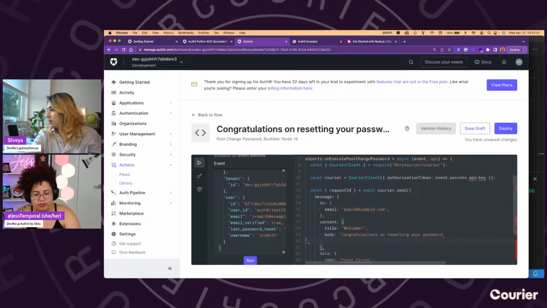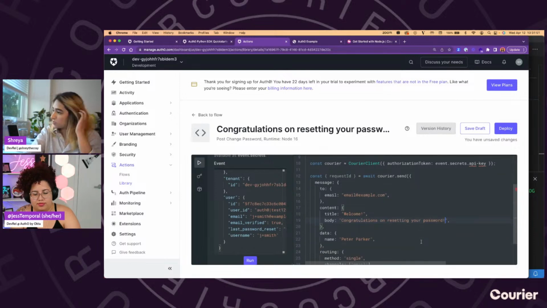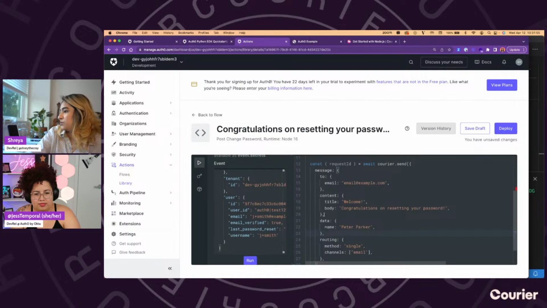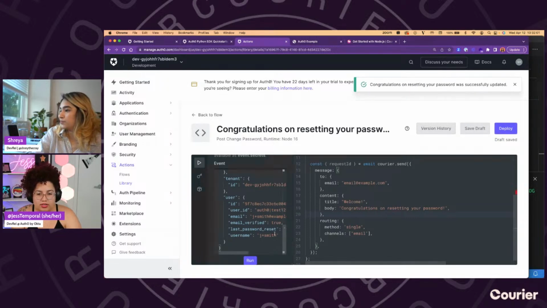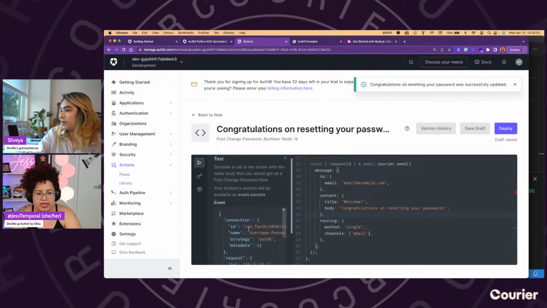Thanks for updating your password. Or congratulations on resetting your password. Okay, cool. We don't need the data object. I'll leave it in here, but you can just as easily remove the data object since we don't have any fancy data or any variables. Cool. Now, if you run the test,